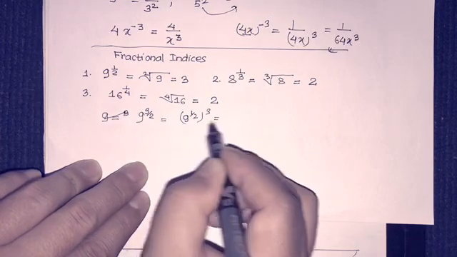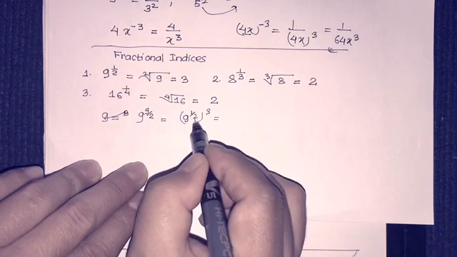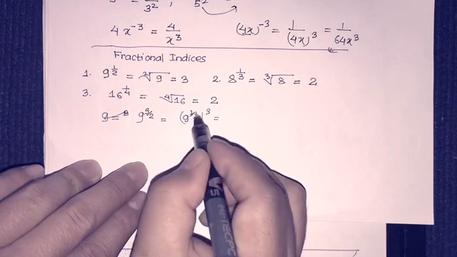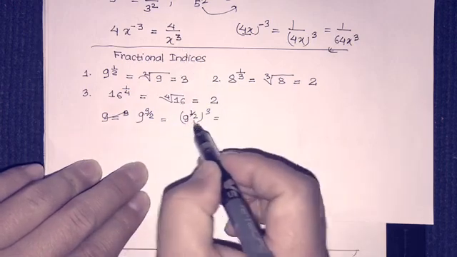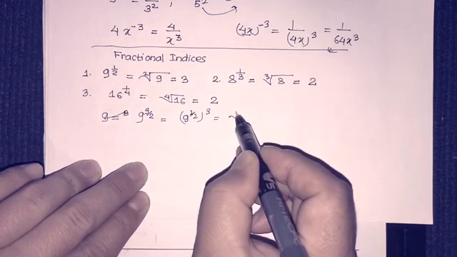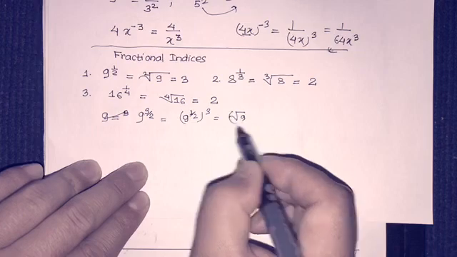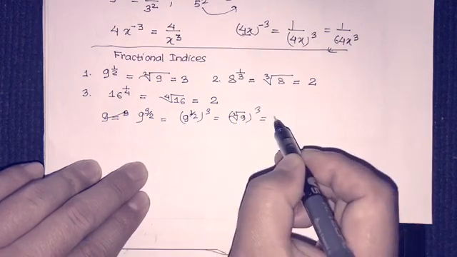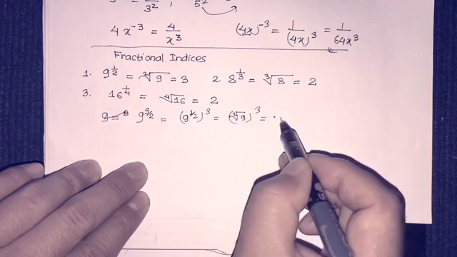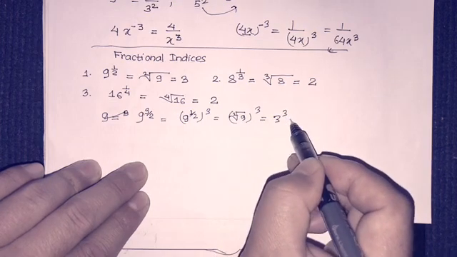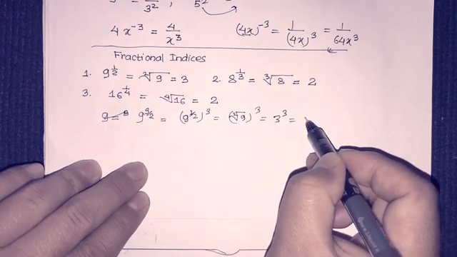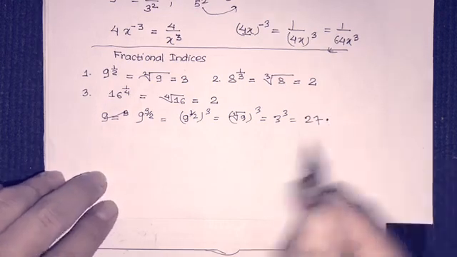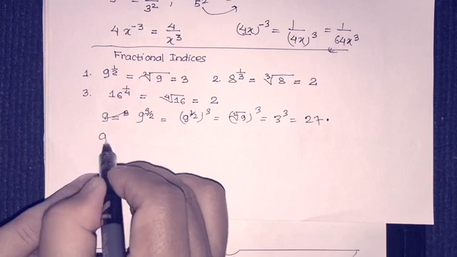Okay, and we know now we can say when it is the case of 1 by 2, when the numerator is 1, then this is the square root. Okay, square root of 9, and what we can say is, the square root of 9 is 3 to the power 3, like this. Okay, so look at here,